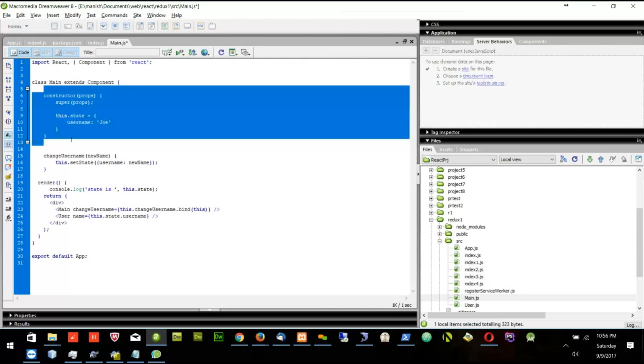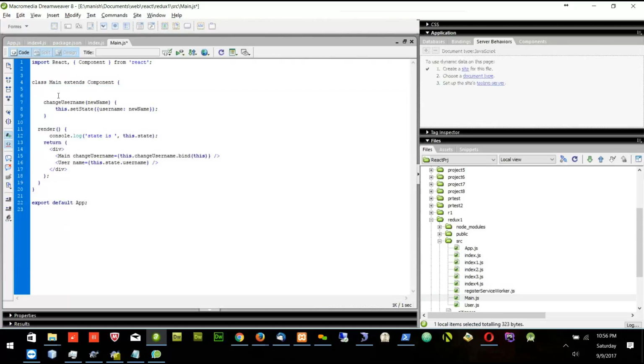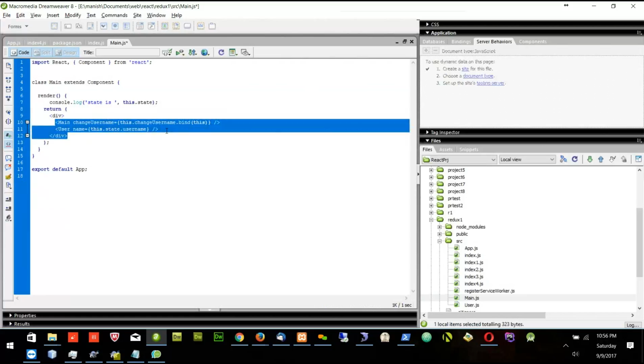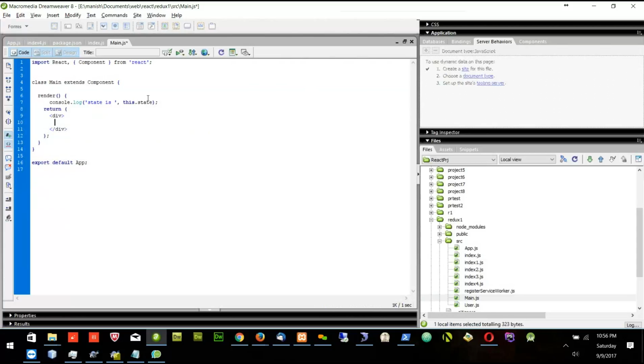It will not have this constructor, it will not have this username, and it will have only, let's say, a div. State does not exist in Main. It will have, let's say, an h1 tag, Main Application,